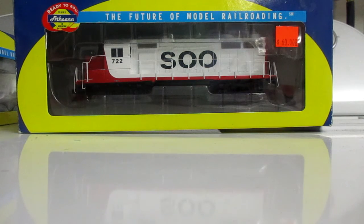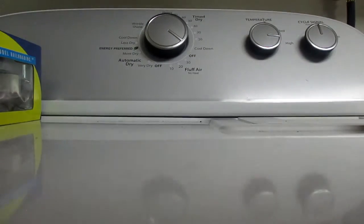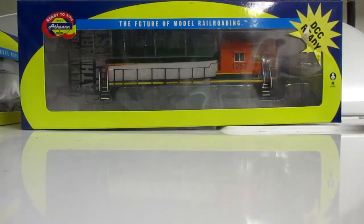They say never overlook a little engine. Well, never overlook a classic engine. And speaking of classic engines never to overlook, this is a fantasy schemed BNSF painted CF7. CF7s actually never wore that livery. And these are small freight diesels. And something like this, I would highly recommend. Same thing with